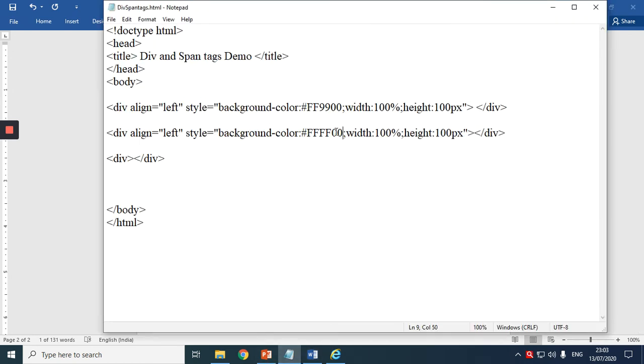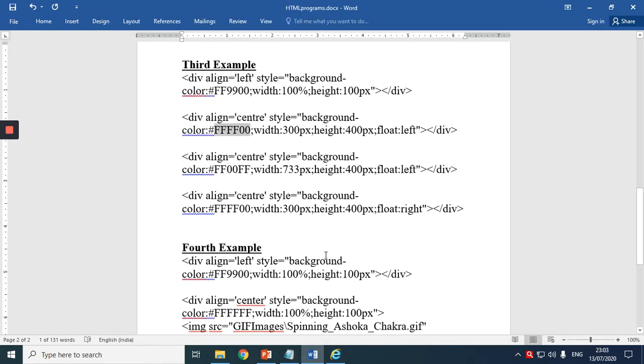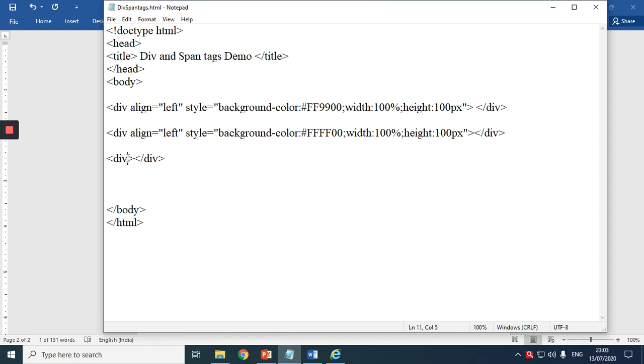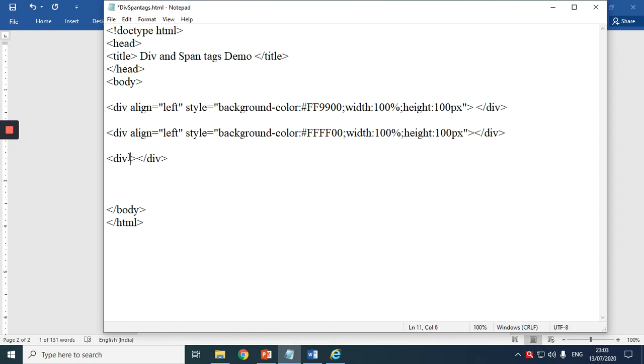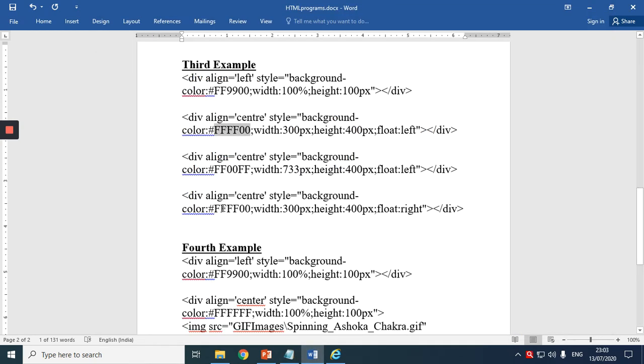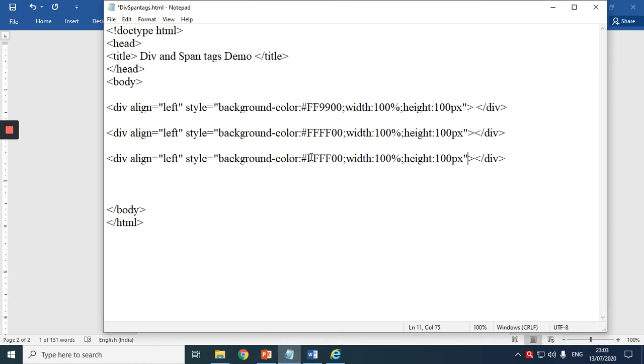Control V, Control S, and width and all, I will keep the same right now. Here also I'll Control C and paste it, and here the color I'll change to this color. Control S, and let us observe.